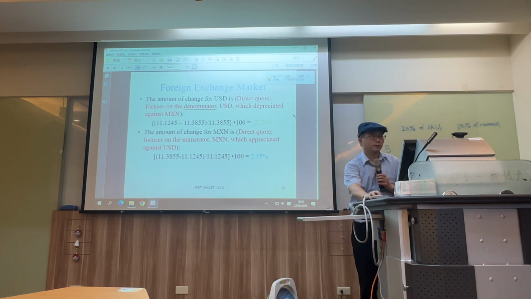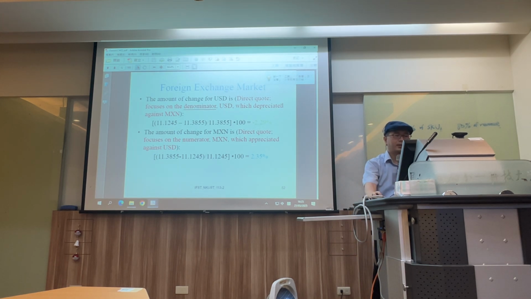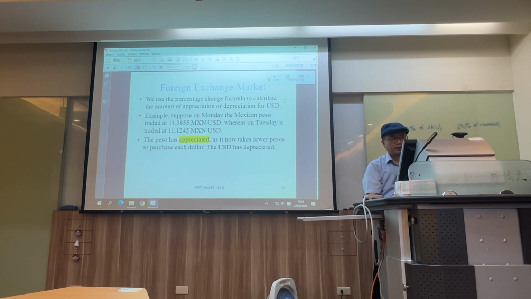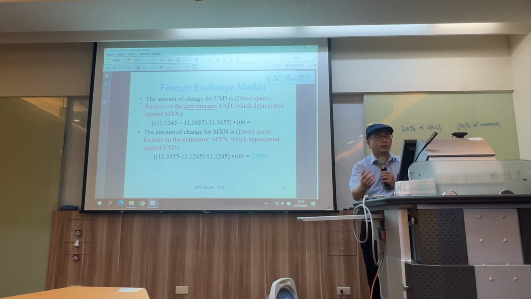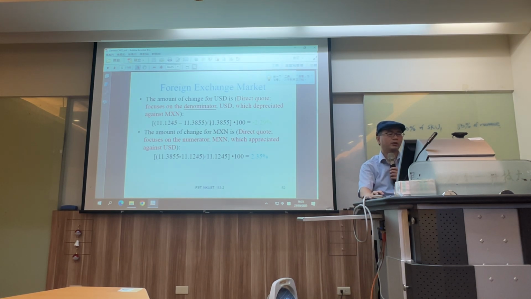Okay, so this is the new version of the PowerPoint slide, right? Using the example for the USD and Mexican peso. Before that, we talked about these kinds of changes in the exchange rate for 2 days, on Monday and Tuesday, right? And then we talked about how the change results in the Mexican peso appreciating and the USD depreciating, right? Then we talked about the magnitude of that. So I just put those two together so you can see the comparison between the formulas and between the numbers. I think it's clearer that way.